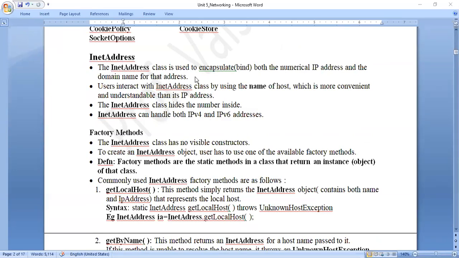As you all know, each PC in the internet or the network is identified by two things: one by the name, which is associated with the domain name, and another by the numerical IP address. Now when both these are interlinked, even if we use one of them, the other one automatically gets connected. INET address is an object which binds these two together. So whenever we create an INET address object, it is a combination of IP address as well as domain name for